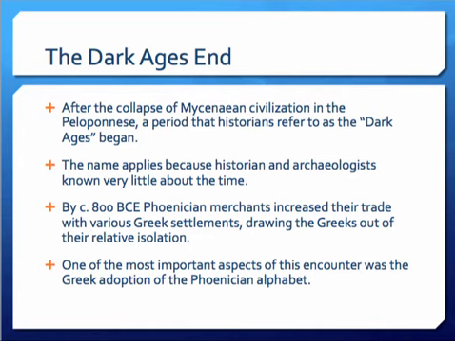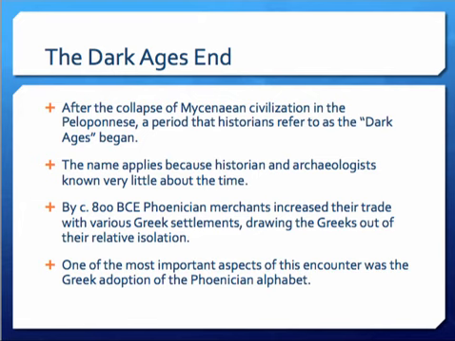At the end of the Mycenaean age, remember that there was a series of invasions. We don't quite know what brought Mycenae down. It's a very difficult period to get a hold on because sources are so limited. And then the Dark Ages ensued. The Dark Ages last from roughly 1100 BCE right down to about 800 BCE. And it's referred to as the Dark Age because we don't know a lot about what happened, particularly in the